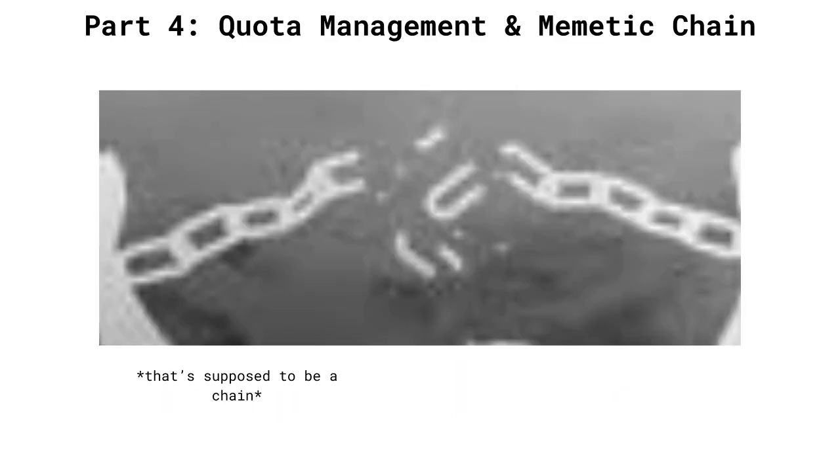Part 4. Quota management and the memetic chain. Running multiple instances of high-level LLM simultaneously presents a significant hardware and API challenge. The 429 resource exhausted error, which has just